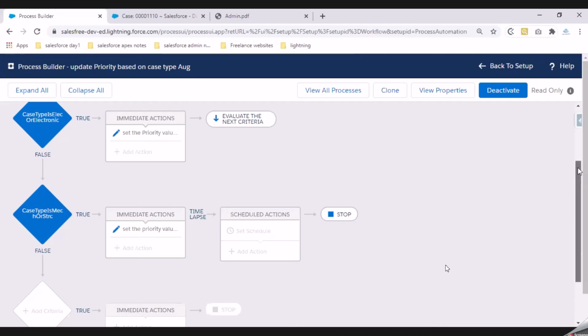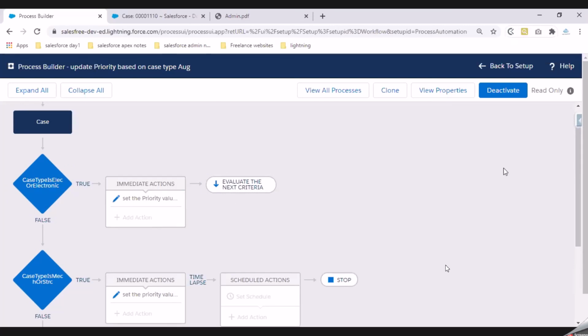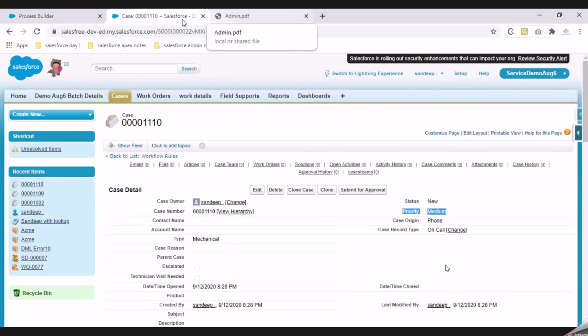With your process builder, you can tell the system which one needs to be executed first and which one second. That is where your process builder gives you the capability of deciding the flow of your entire design on a given object. So that is the advantage of your process builder.